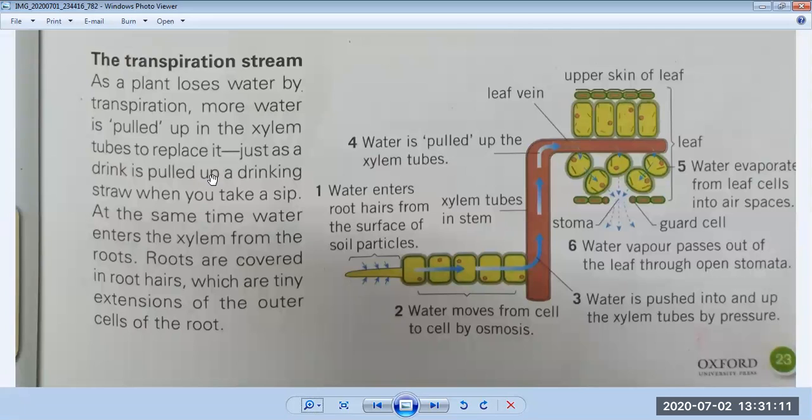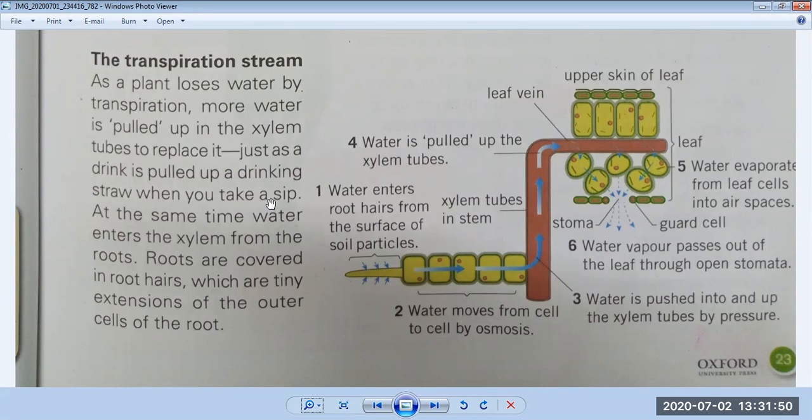So when you pull up all the liquid from the drinking bottle, what happens? The bottle begins to empty. So who pulls the water in the body of a plant? These are the xylem tubes which pull water from the roots, and due to the pressure, due to osmosis, they take it up to the leaves. They use that water for food, and extra water is released from the body of a plant by a process called transpiration, which we are discussing today. So osmosis and transpiration have a close relation with each other.